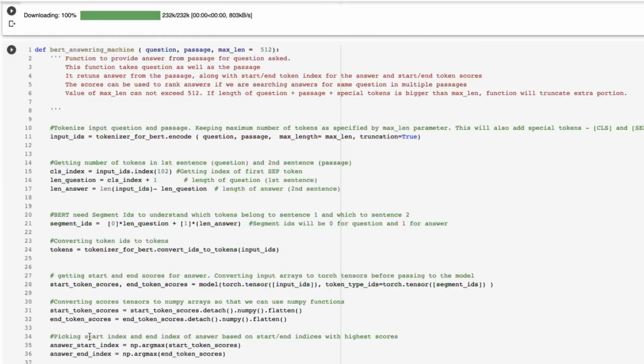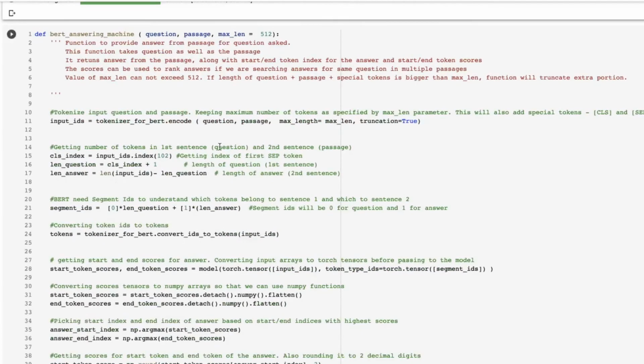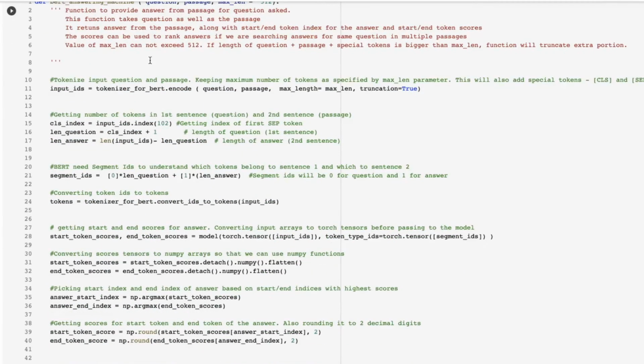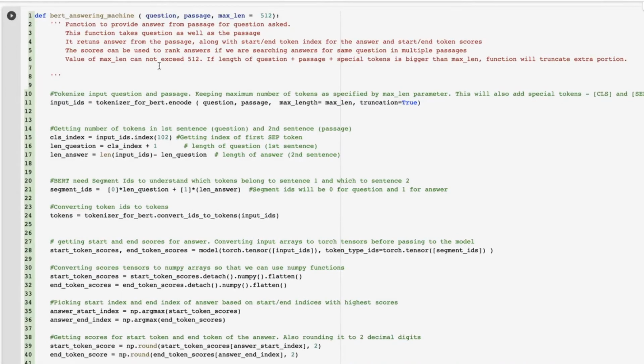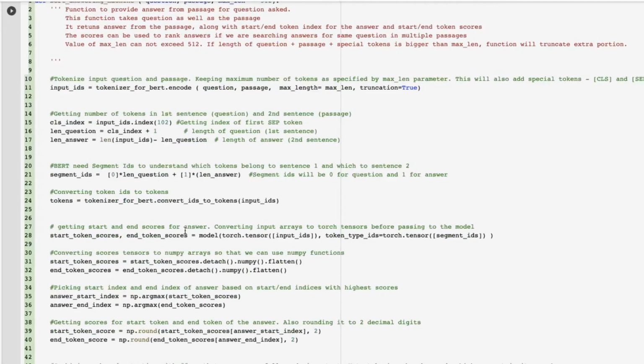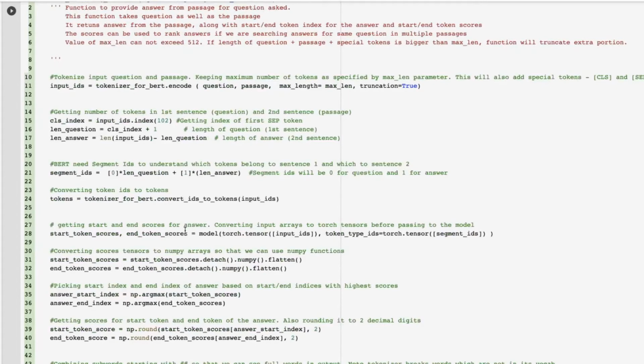Okay, so this is the main function for question answering, and I had put the comments here so you can read it. I don't think reading line by line will be a good use of time for this video.